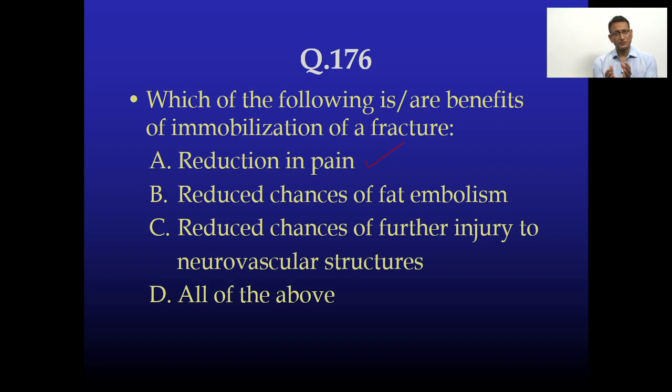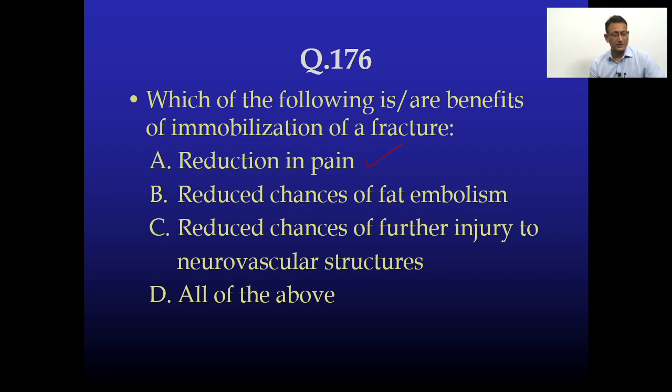So, if the fracture is closed and continuous movements are present at the site of fracture, that will push the fat globules into the blood vessels. They will go to our right heart, and then they can go to our lung, and they can lead to fat embolism. If we immobilize the limb, there won't be any further movement at the fracture site,